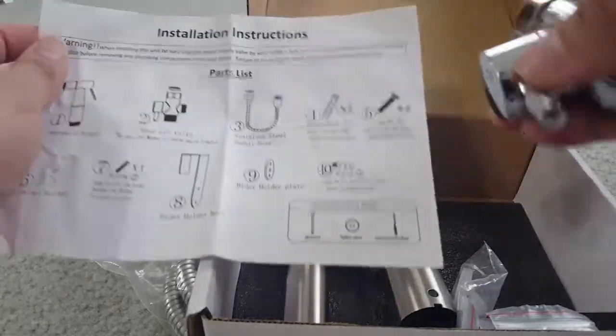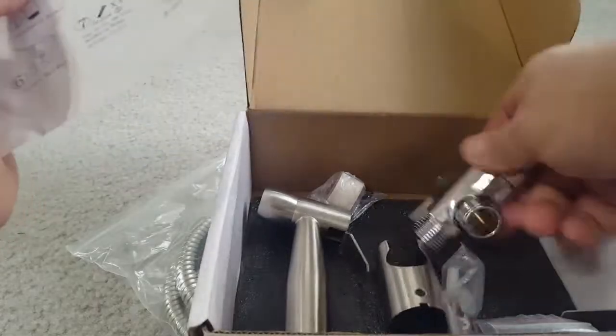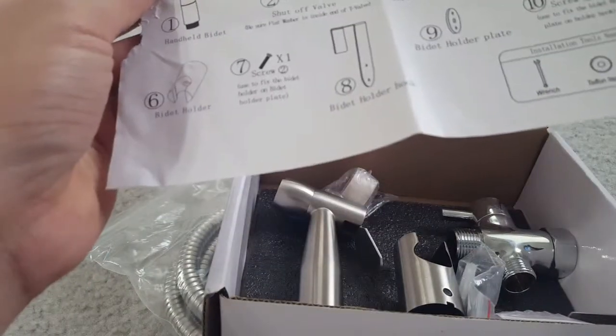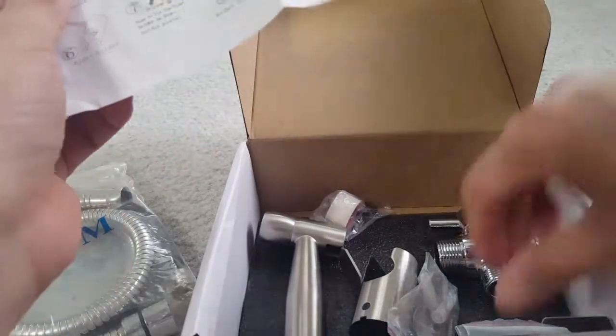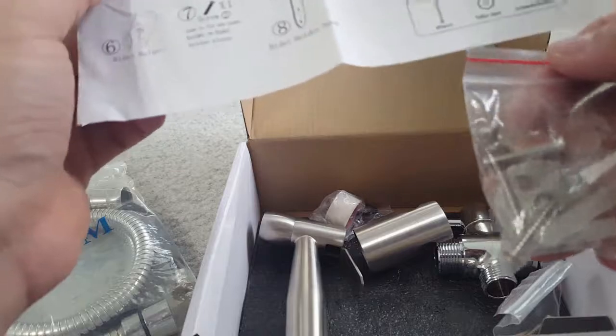Same with the second part here, you can see this is an on and off shut valve on the switch, and then there's a pipe. So all these parts, whatever is mentioned, are available here. All screws, holder,